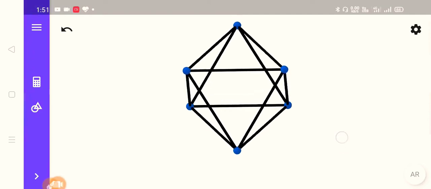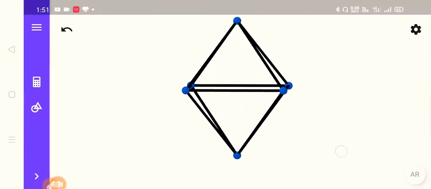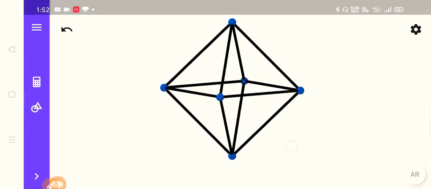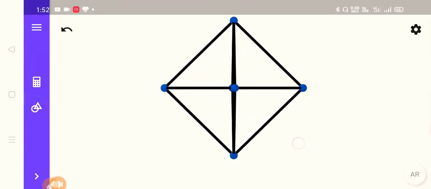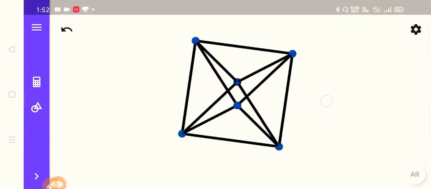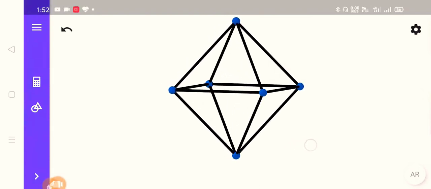So there are 4 sides from the top pyramid, and similarly we have 4 sides from the second pyramid, which is attached upside down. So 4 from the bottom and 4 from the top. Because of 8 planes, this shape is called an octahedral shape. So an octahedral shape will be created by 6 spheres, 3 from the bottom layer and 3 from the upper layer.